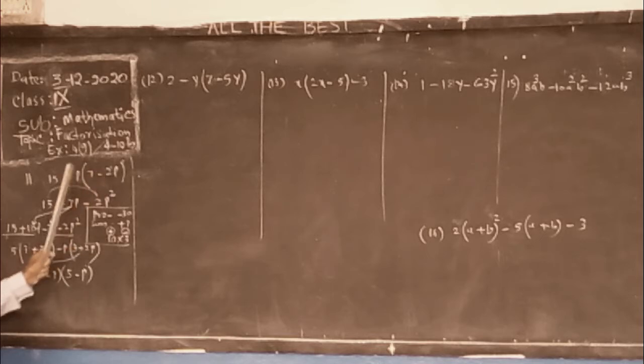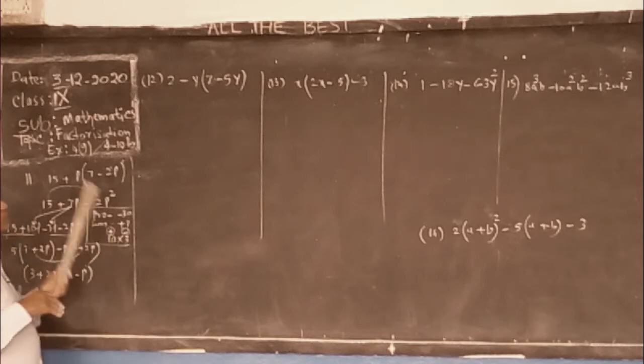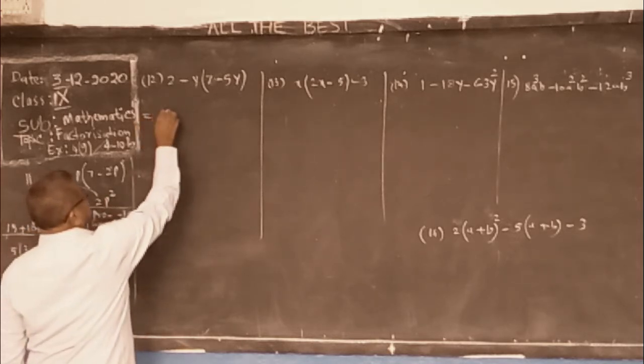See, first of all we multiply, since it is given in product form: 15 plus 7p minus 2p squared. Now it is brought into a quadratic equation with coefficient a. The coefficient is 2. The product is minus 30, the sum is 7, so 10 and 3. The middle term is plus, so you put plus for the big number and minus for the smaller. The product is minus 30p squared, the sum is 7p, 10 minus 3 is 7. Like that you have to choose. Split the middle term.